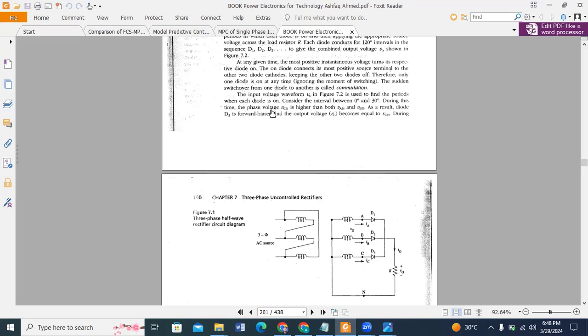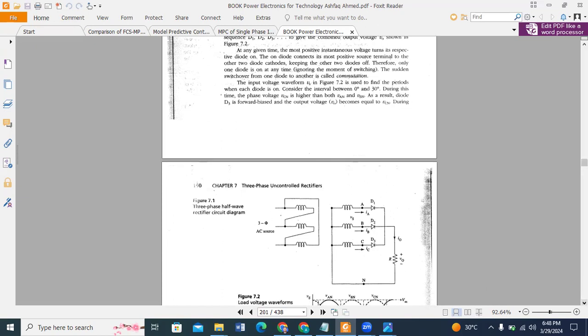During this time, the phase voltage VCN is higher than both VAN and VBN. As a result, diode D3 is forward biased and the output voltage V naught becomes equal to VCN. And during this time, we can see that